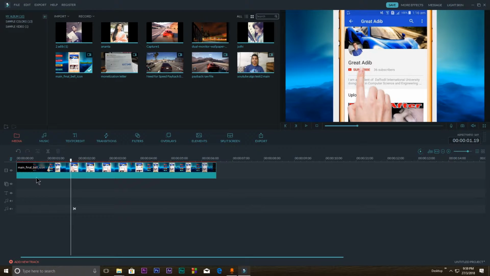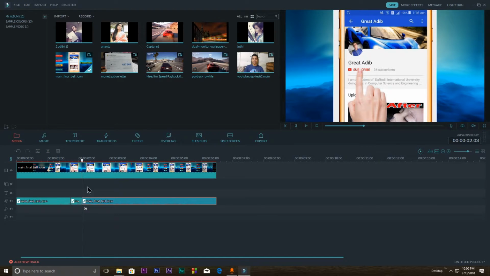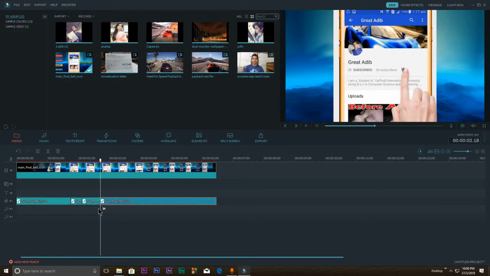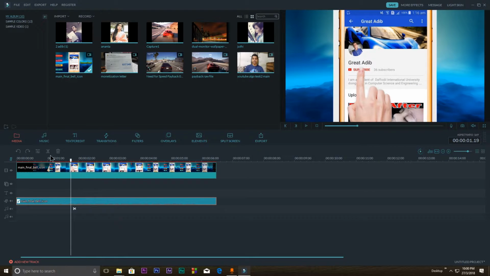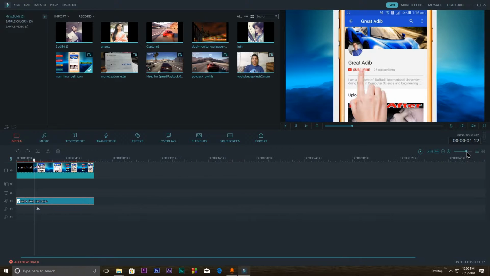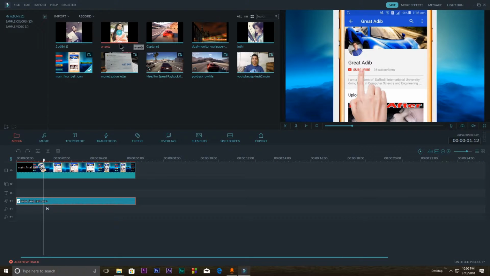If you want to go back, you can go back using this button or Ctrl Z, and you can cut it using this button here, or you can go to this crop option. Again, you can cut in different sections. As you can see, it is really simple and easy to do. So let's go back to the original, and from there, if we want to zoom in and zoom out, let's